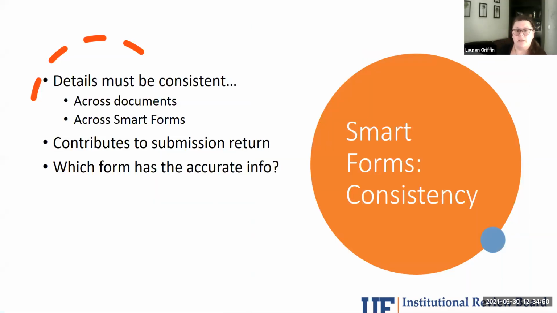So when we talk about details, consistency is another thing that comes up. We need details to be consistent across documents and across smart forms. And it does contribute to submissions being returned, because essentially we're asking which form is the one that we're going by. And this is something that happens, and I know from when I was doing research and protocols myself,